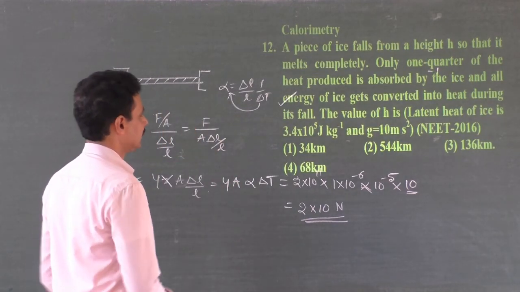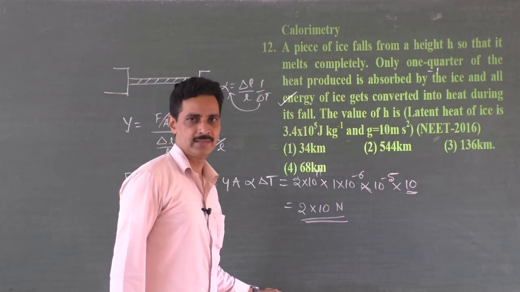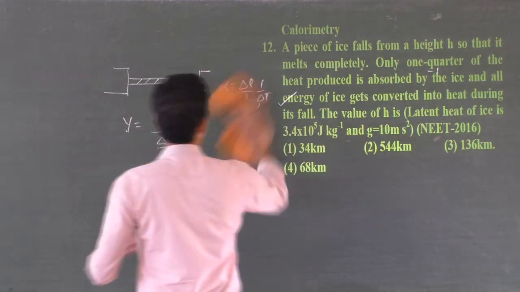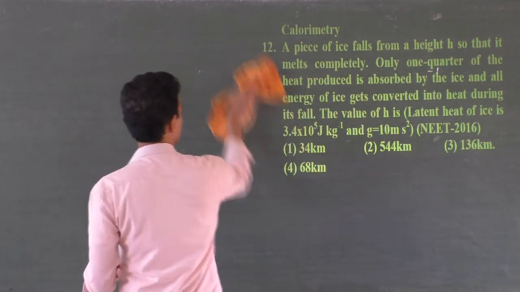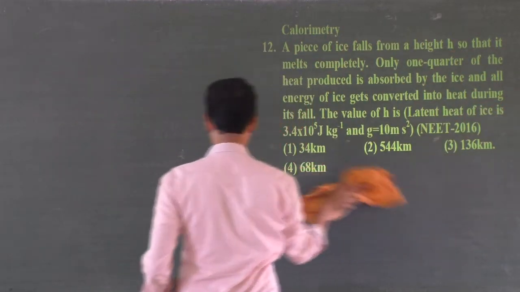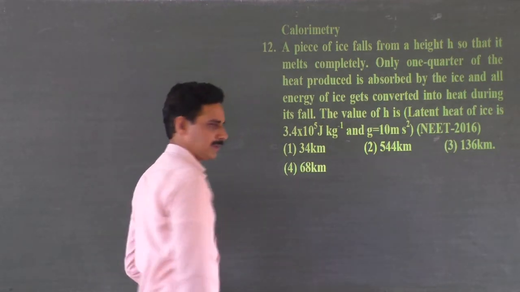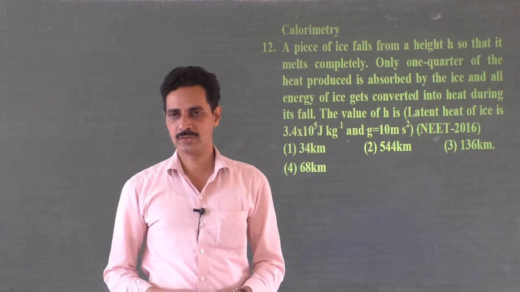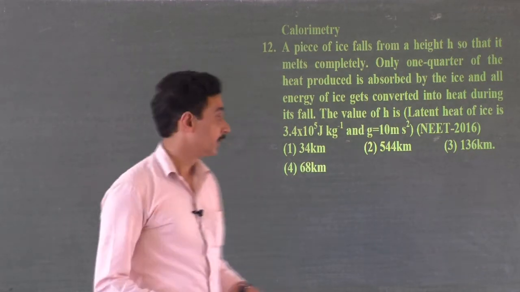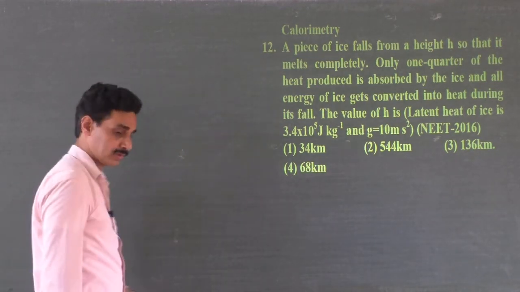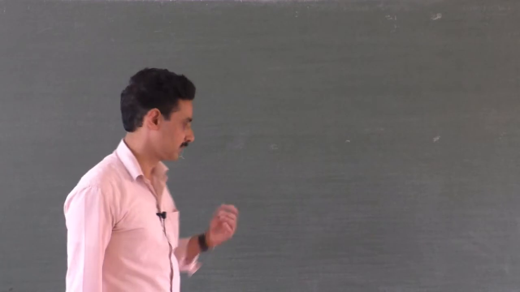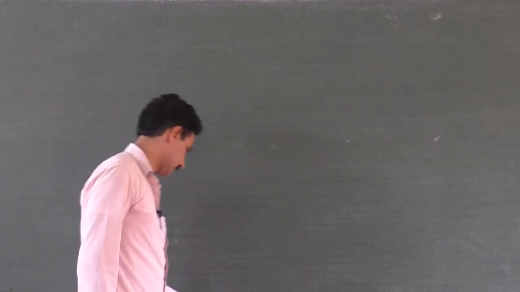Calorimetry. I want to give the theory part of this calorimetry. What is calorimetry? Measurement of heat energy. So we use the calorimetry principle: heat lost by the hot substance is equal to heat gained by the cold substance. That is the principle. Now I want to say a little more theory about this, because then you can solve the problems very easily. If I narrate the theory, problems become much easier.